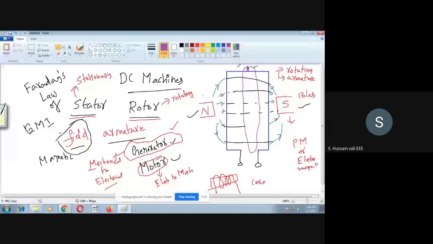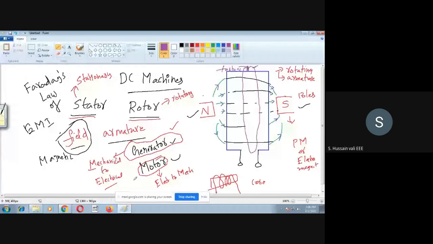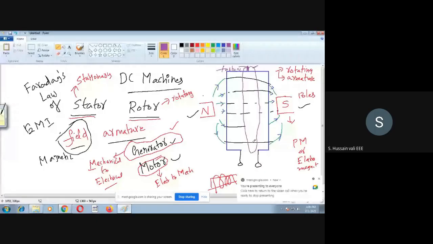So now the turbine is rotating. For example, if it is a wind turbine, then wind flows on the turbine. Because of that, it will rotate. When it is rotating, what you find here is that the coil also rotates.